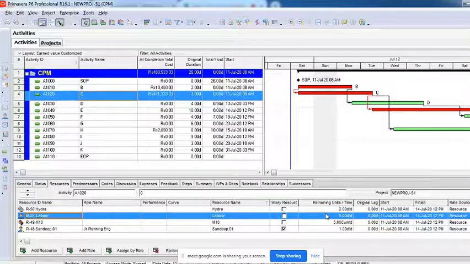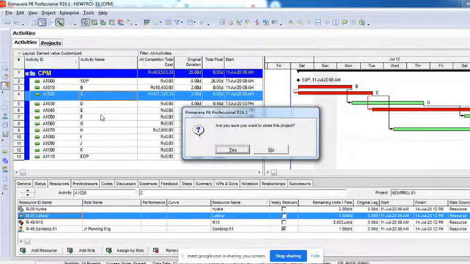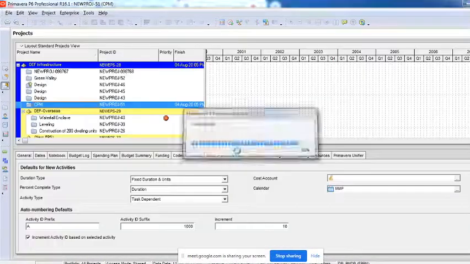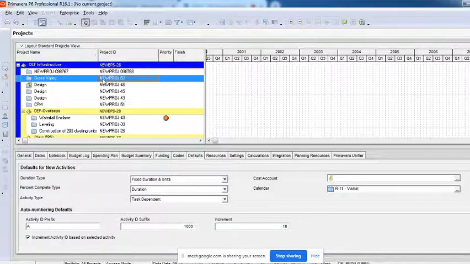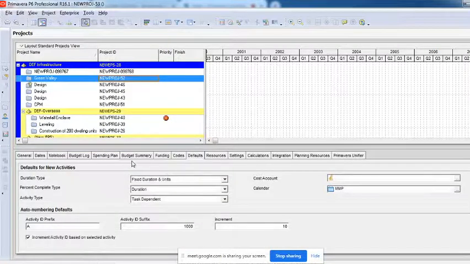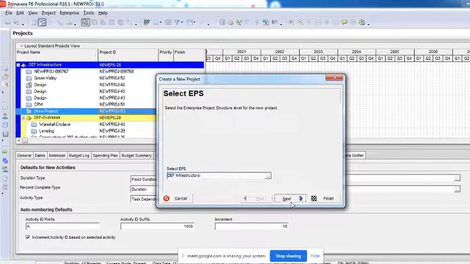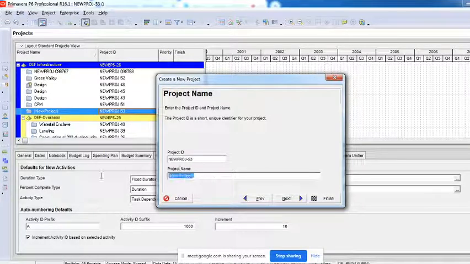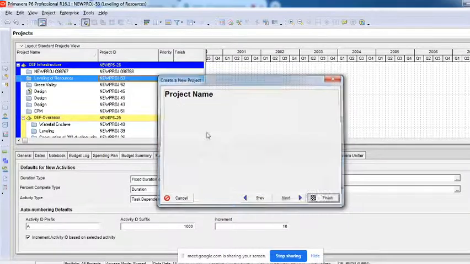To make you understand this whole thing, I'll just close this project and create one more project here. I'm creating a new project, just giving a name called leveling of resources.